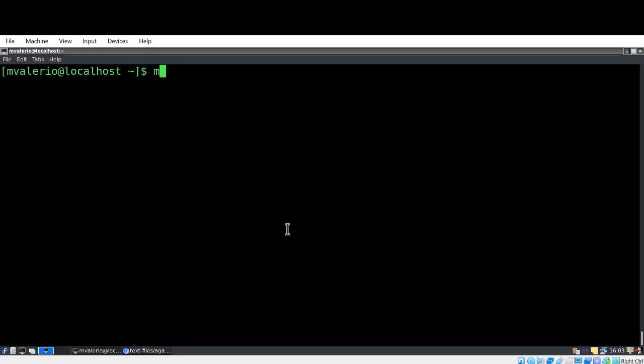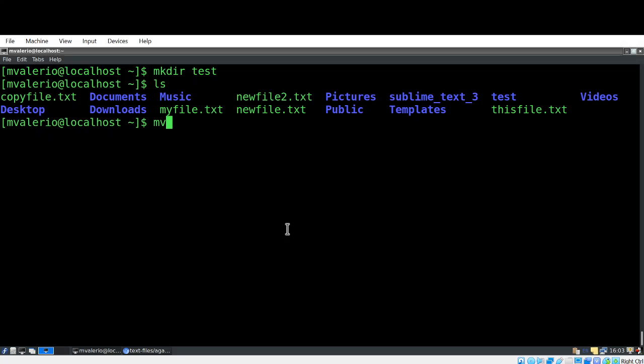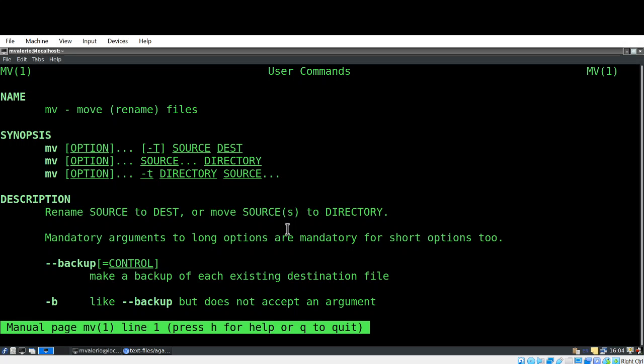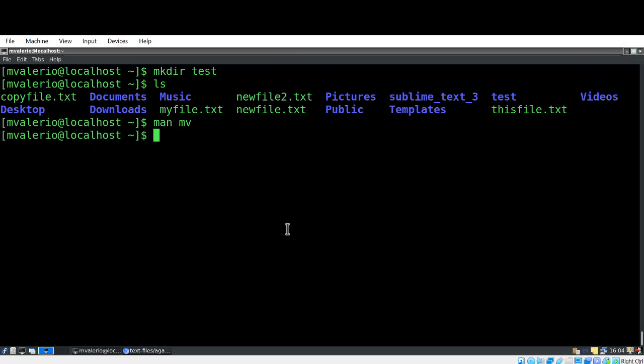So what we're going to do is we're going to make a directory. We're going to call it test. So here we're going to end up doing the mv. So let me go ahead and manual that for us. So the mv command moves or renames a file. So we're going to use it to move the file. And the way it works is it's very similar to the cp command. So we're going to move the